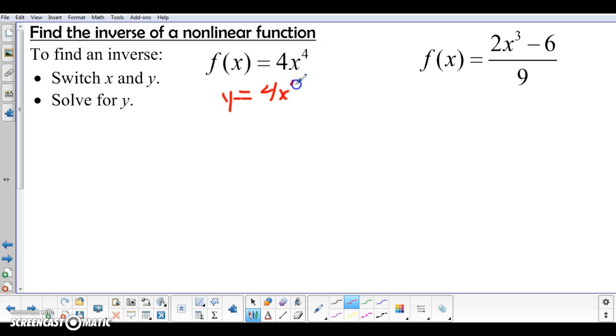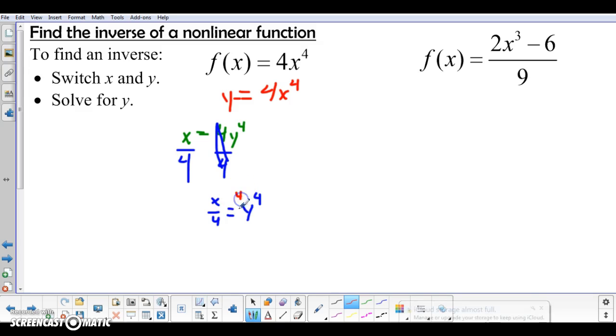So as I find the inverse of this function, I'm going to switch x and y. x is equal to 4y to the fourth. And then I solve for y so that it's written in terms of x as input and y as output. Divide by 4 first, which will give me x over 4 is equal to y to the fourth. And then to undo raising y to the fourth power, we do what we've learned about in this chapter,